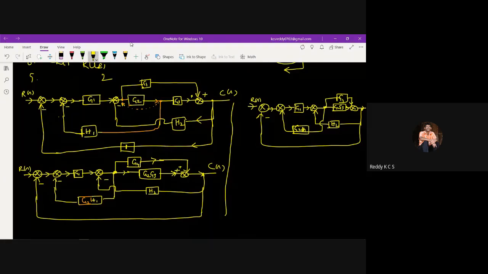Okay, now what do I have to do? Here, the signal from this takeoff point moves here and ends at the summing point, and the second signal is coming from this takeoff point and ending at this particular point, both in the same direction. So if you look at this one, this is said to be parallel. So both are parallel. When both are parallel, what can I do? I can add the block gain transfer function values. So when I add the block gain transfer function values, then this will become